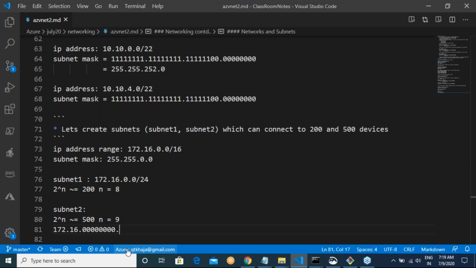The fixed part is this, and this is the variable part. If I leave it like this, in 172.16.0.0/24, these addresses were used. Yes or no?